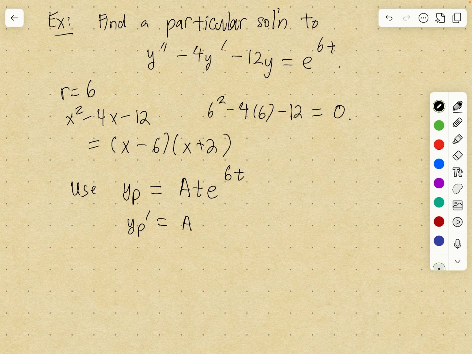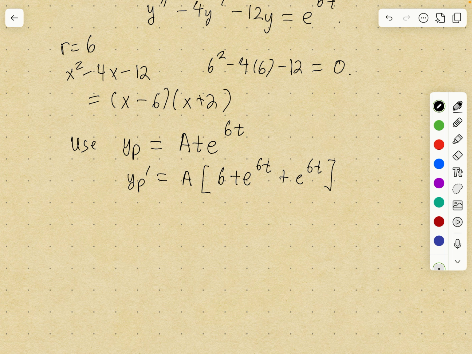For that, we'll use the product rule. So we will move the a out and then use the product rule with t and e to the 6t. So I'm going to get 6t e to the 6t plus e to the 6t. And I'm going to need to take the second derivative. So let's take the second derivative. You're going to get a times